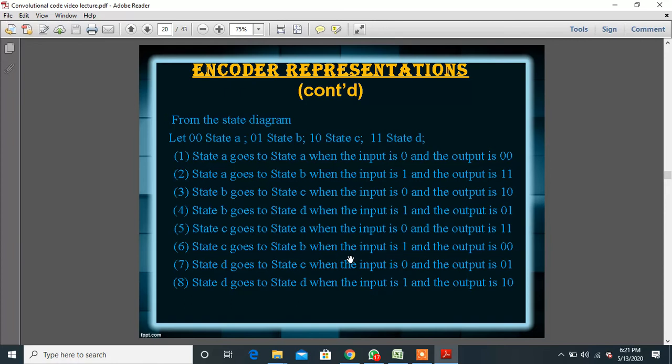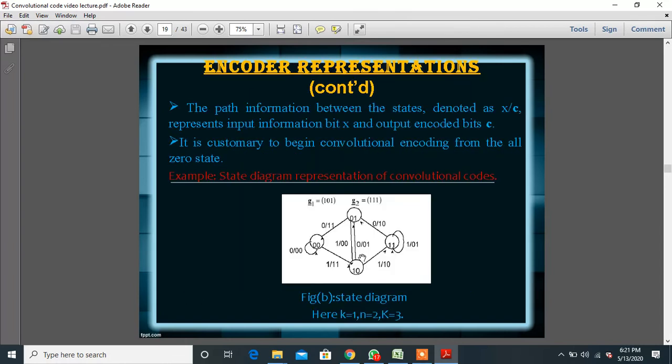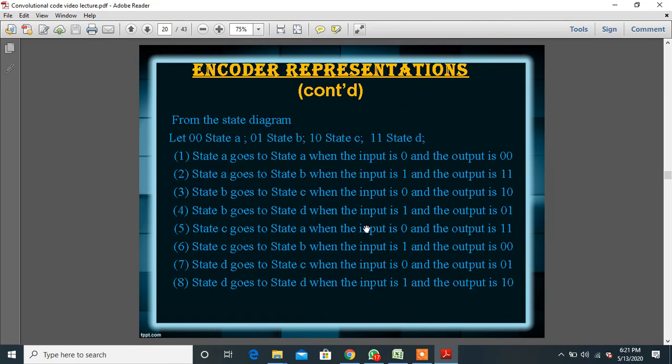So for all the states we have to consider whether input is 1 and then whether input is 0, and what will be the corresponding output. Depending on that, we will draw this state diagram, and it's very easy to draw. So I think you will understand this topic very easily, and you can simplify some numericals from standard books. There are many standard books related to this topic. Thank you, students.